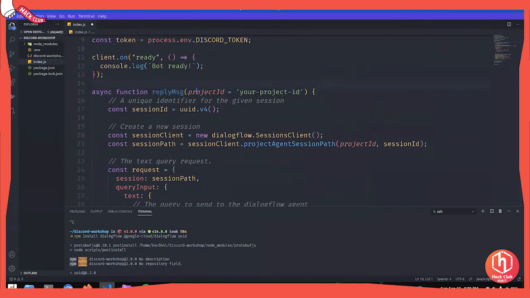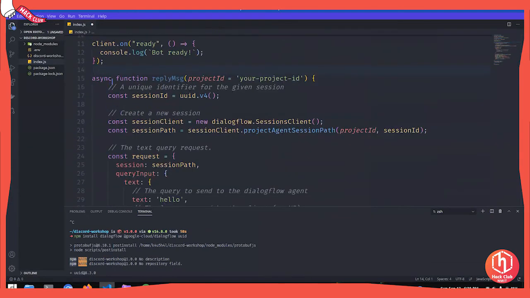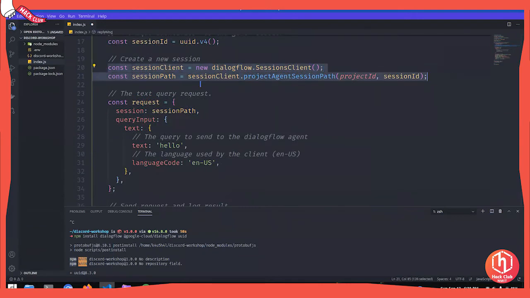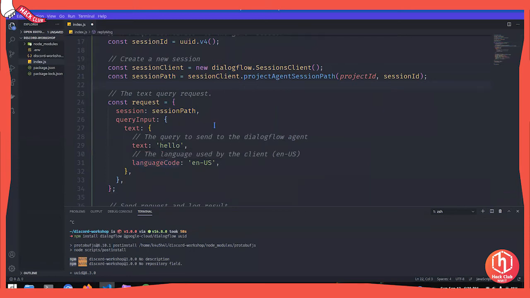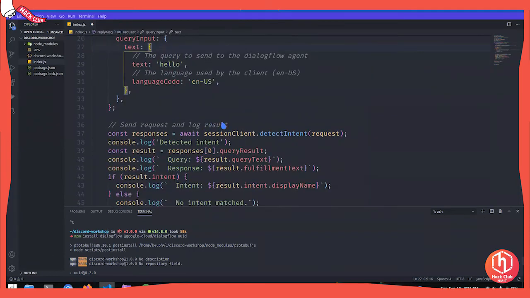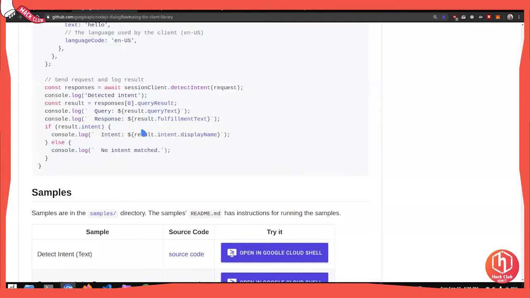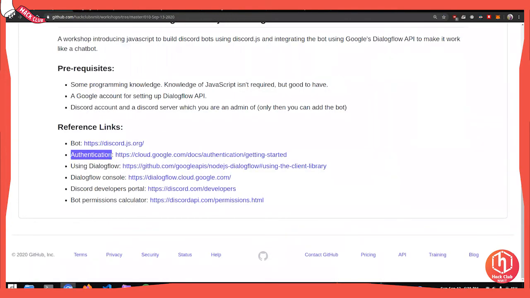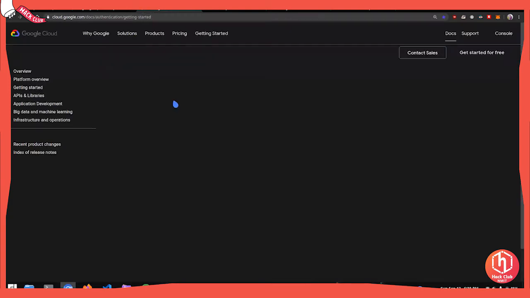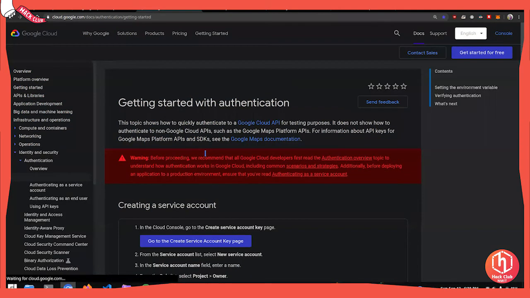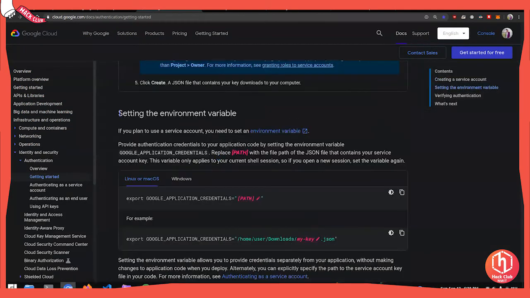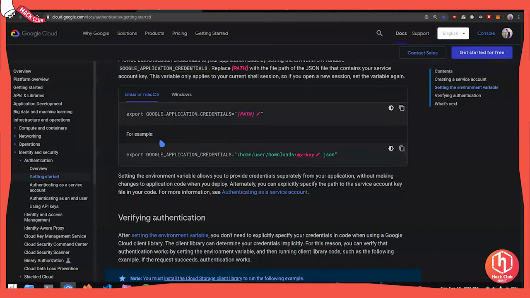So what's actually happening here is, like I told you, this function basically authenticates you with Google Cloud. And authenticating with Google Cloud is actually a bit tricky. So what I suggest you to do is, again, visit that same repo and visit this page called authentication. This page will actually tell you how to get authenticated with the service accounts which you just created previously in this session. So now scroll down to setting up an environment variable.